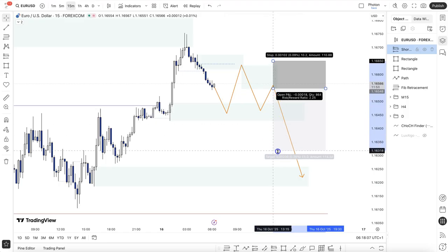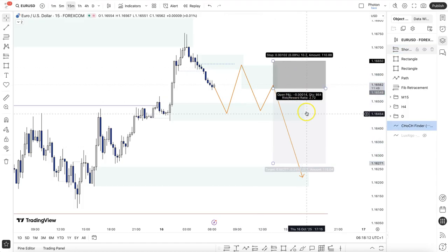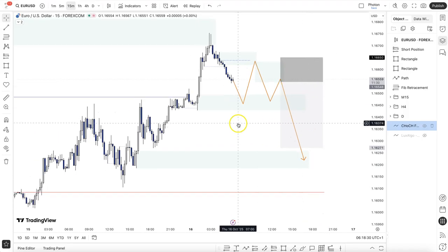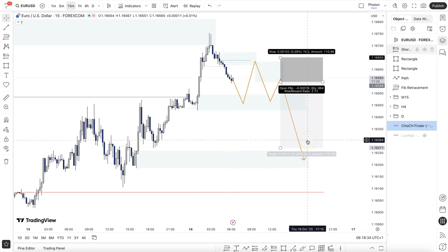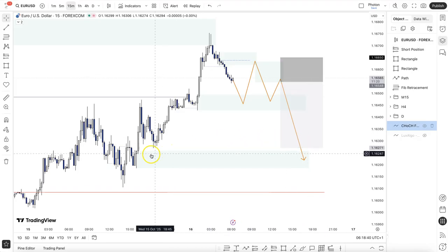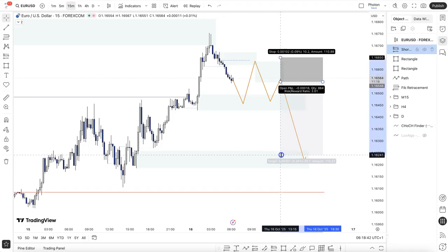So maybe something like this, and once price comes in here, I would look at playing shorts over here and go down to probably these levels, or a 1:2. That's good enough. That's another thing that people say, while you put your stop losses very strategically, people generally look at targets as a plain 1:2. But I would think that you should also look at the left hand side and see where the price is likely to go. And we know that liquidity acts like a magnet for price, so I would definitely think that maybe this demand zone is where I would expect price to go.